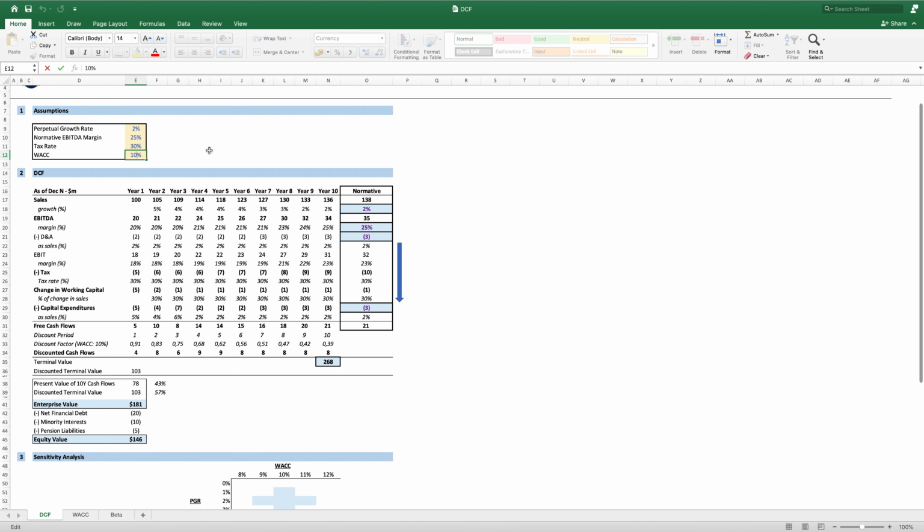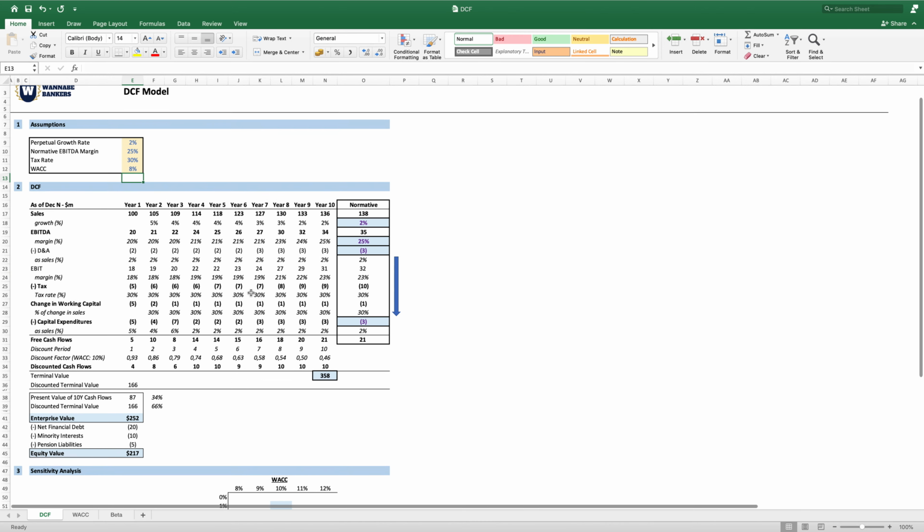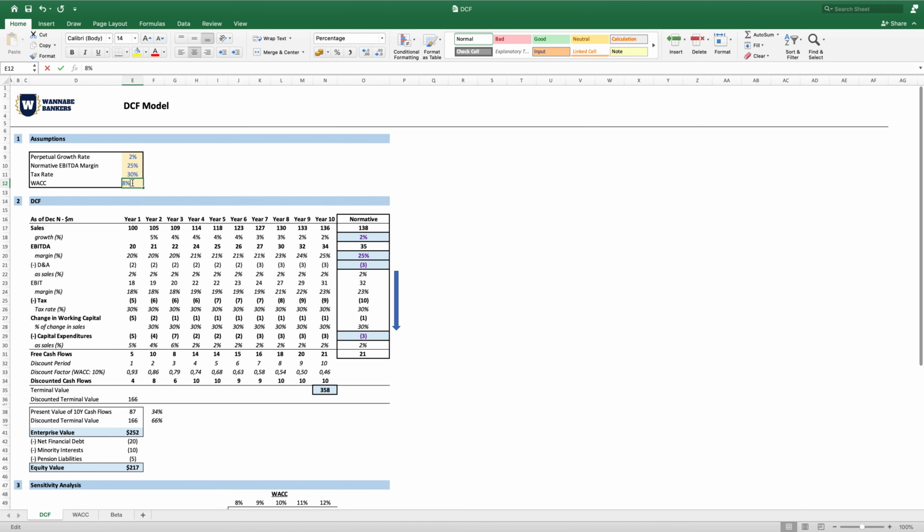If I change the discount rate, I can put 8% here, you see, it moved to 252. So it's very sensitive. What you usually do in order to have a sense of the sensitivity of the valuation to those technical parameters, which are the WACC and the PGR,